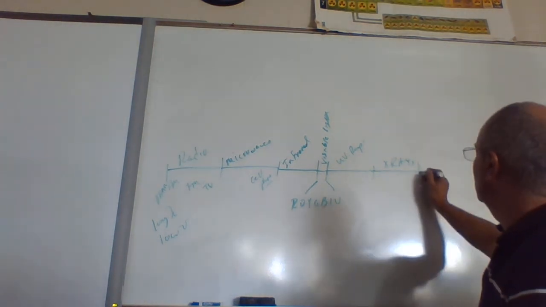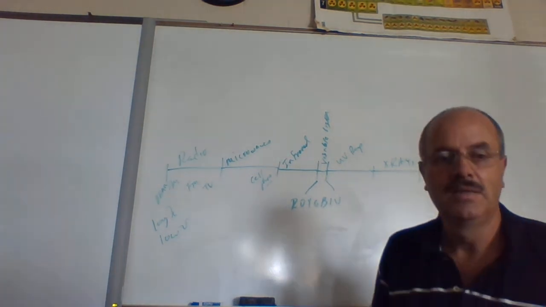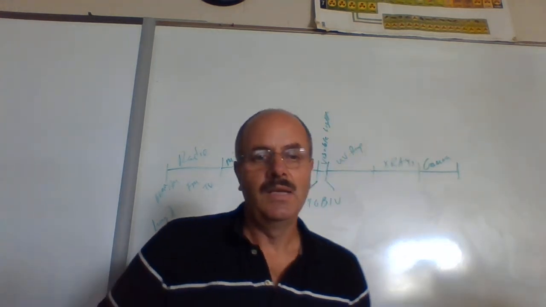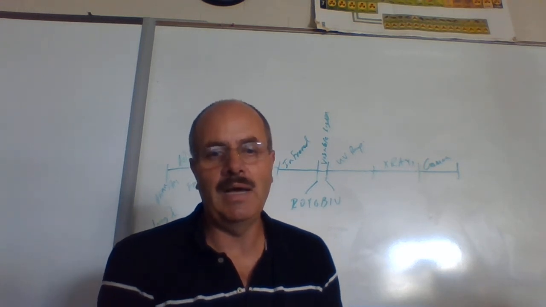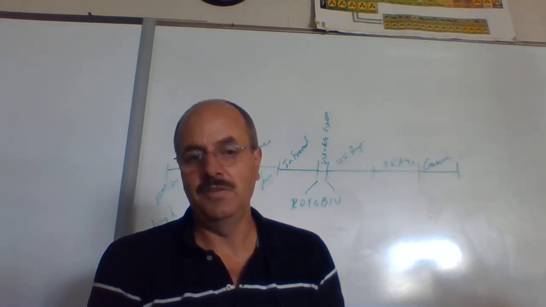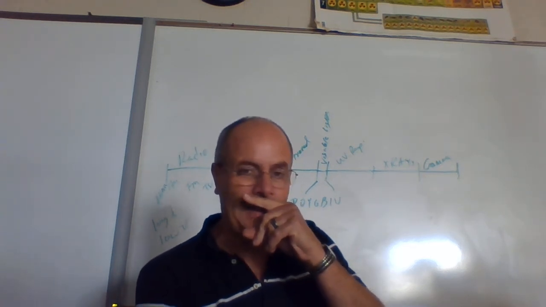All right, let me go to the next one, the last one. This one's called gamma rays. Gamma rays are the most damaging. These would be the type that come from nuclear bombs or nuclear reactions. We do use some of them in this region, and we will expose people to just a little bit of it,